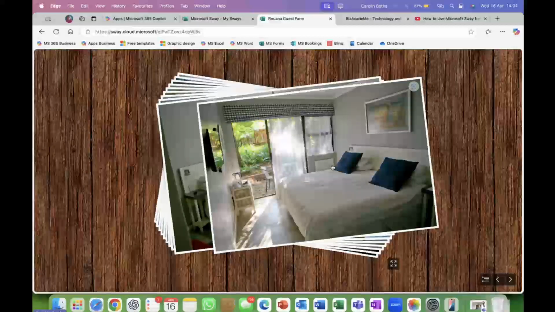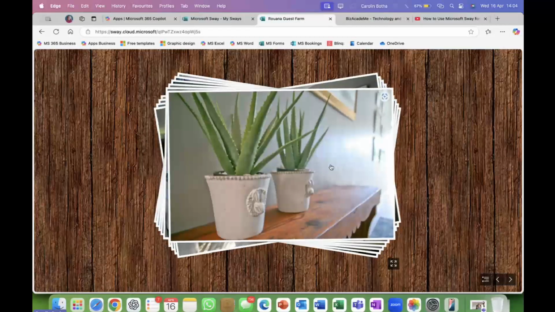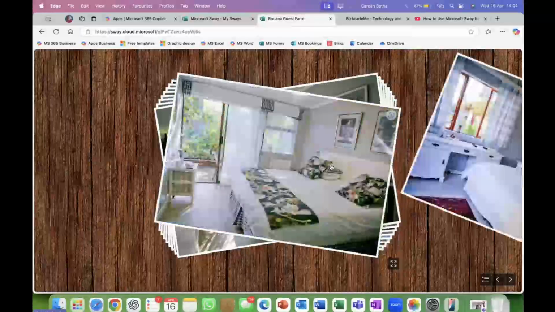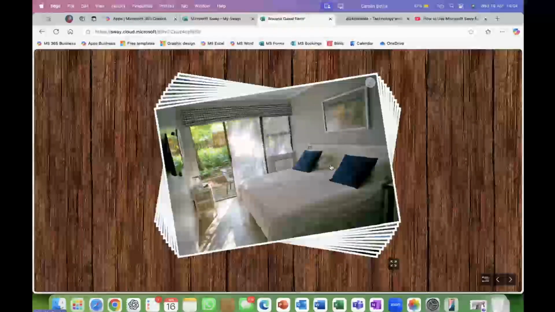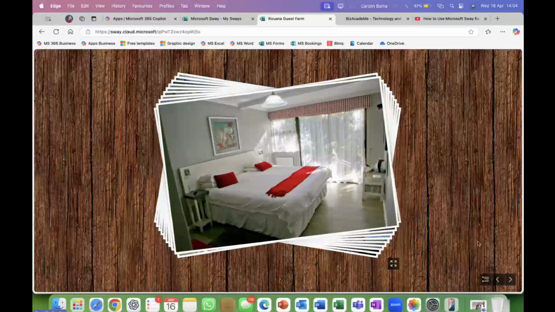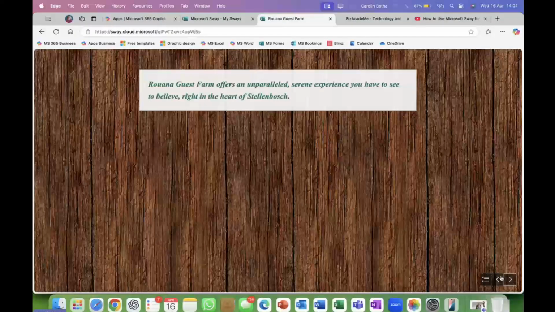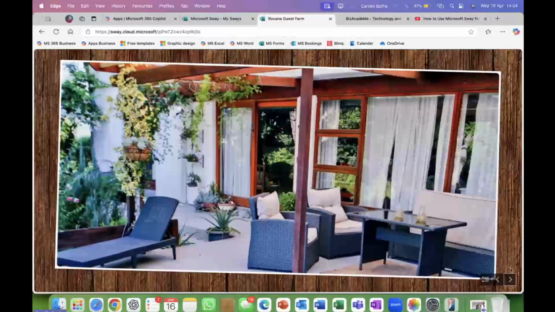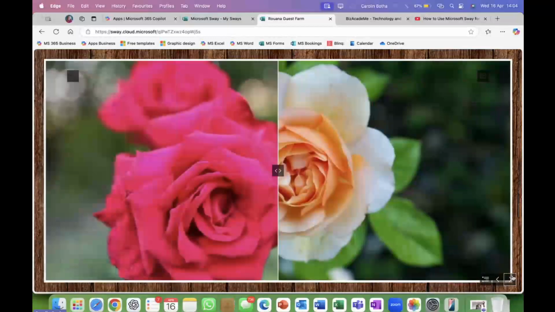As you click, it's like a stack of cards, showing you all the different pictures of the rooms. That has changed in the meantime, by the way. Next, it's also like slides, with a little description. The background is maybe not that applicable. Another full screen picture, and all the beautiful roses.